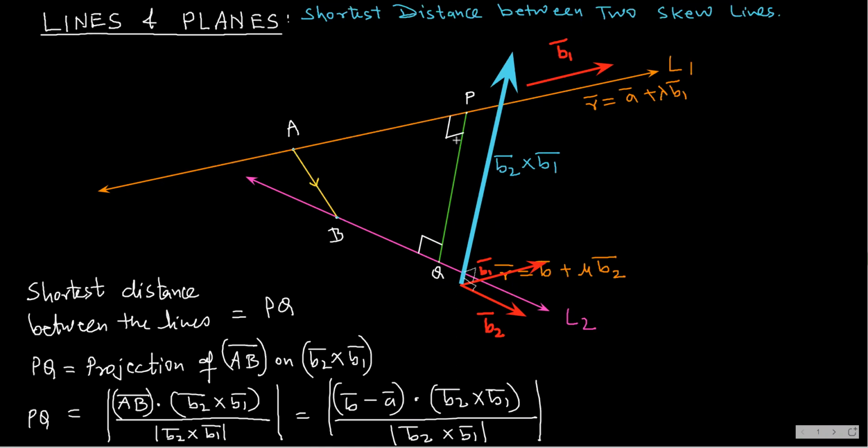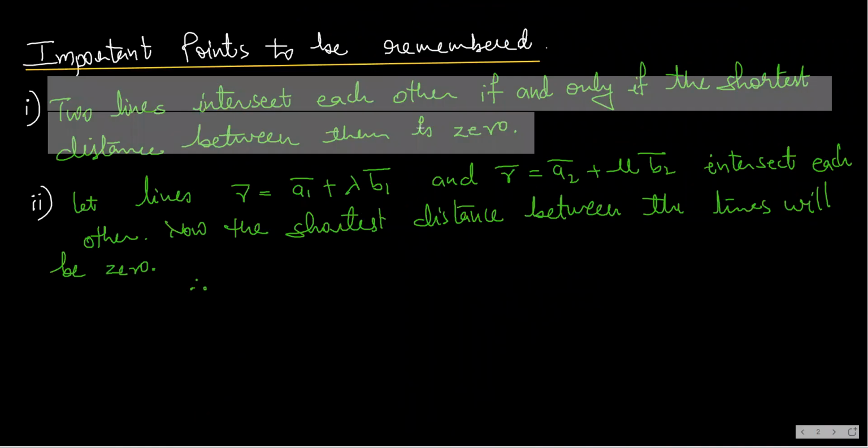Okay. So, but then now here the case is the distance between two lines PQ is zero. Now you can understand, if PQ is zero, it means the two lines L1 and L2 are now intersecting each other. One point is going to be a common point because PQ is zero. I hope it's clear. So the two lines are intersecting if and only if the shortest distance between them is